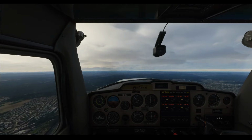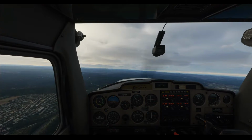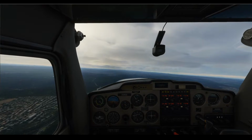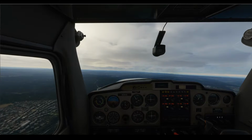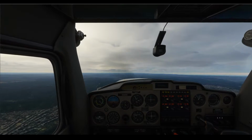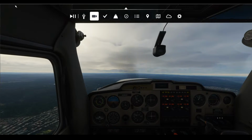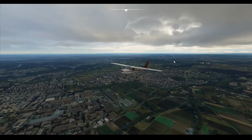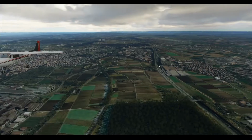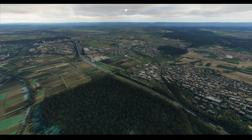Just like what I'm doing now, which is basically following the VFR route, or well, not a VFR route, I'm just basically following the road that I would normally drive from the airport to the city I currently live in, which is the Autobahn that is just below me. I'm just going to try and see if I could go into the external view here. It'd be that road over there. That's kind of the road that I would follow normally